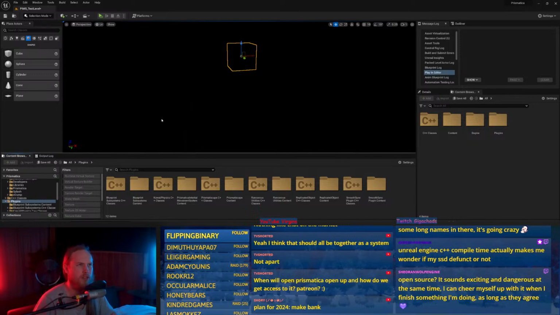And in terms of code and stuff, there will be some stuff in the closed source section. Any marketplace assets I use will be closed off.